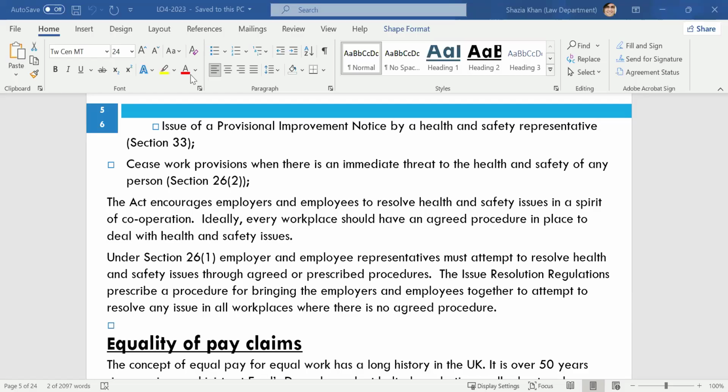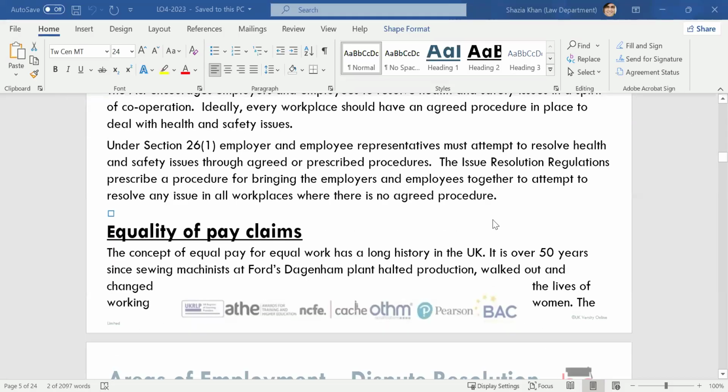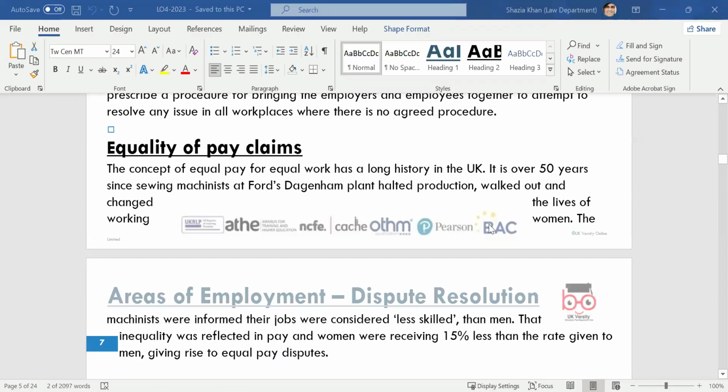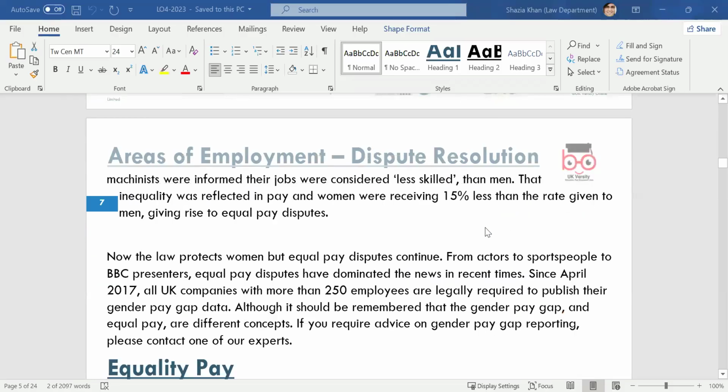So the next one is equality of pay. When we talk about equality of pay, the concept is that everyone should be paid the same, be they women, men, whatever it is, they should be paid the same for the same job. And an equal pay claim is a dispute against an employer that arises when an employee is paid less than a colleague of the opposite sex for the same work. So does that happen a lot, do you think? Yeah, it does. It happens a lot where the employer sometimes pays more, and this could be a grievance.